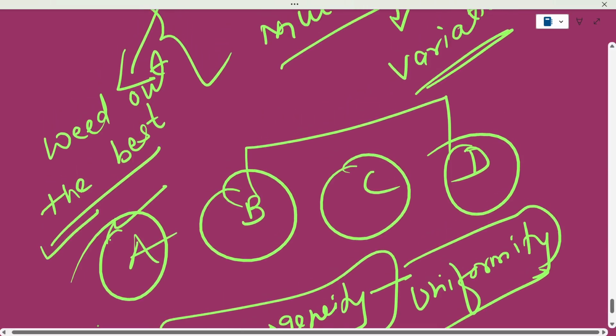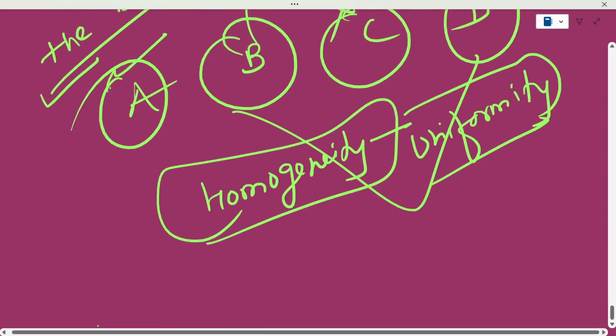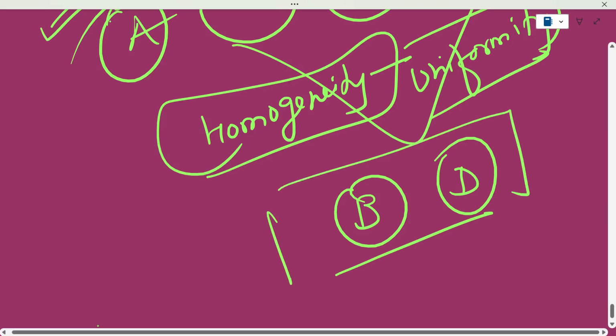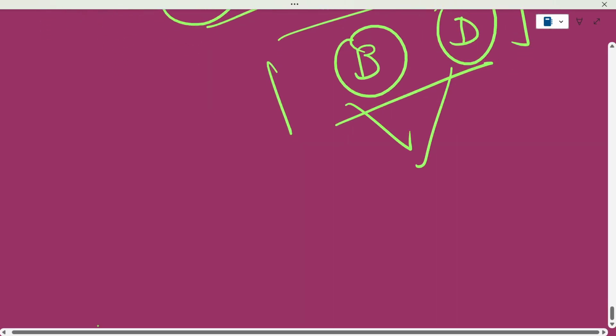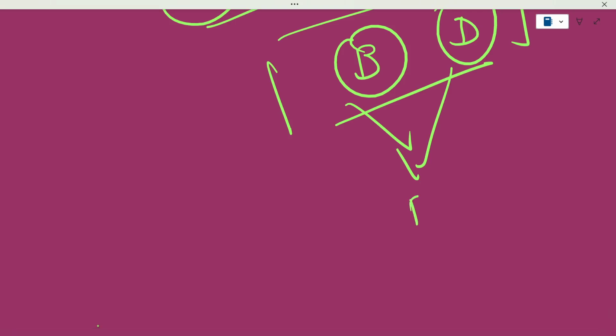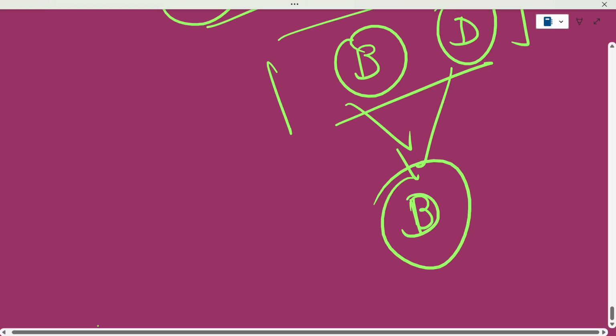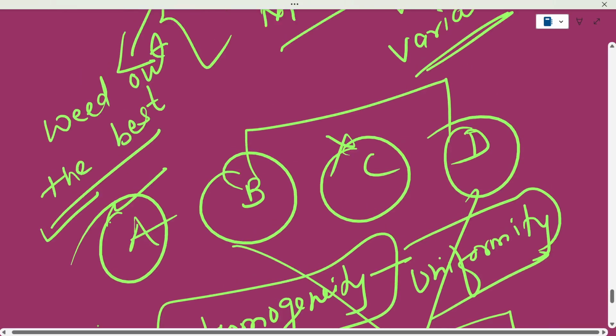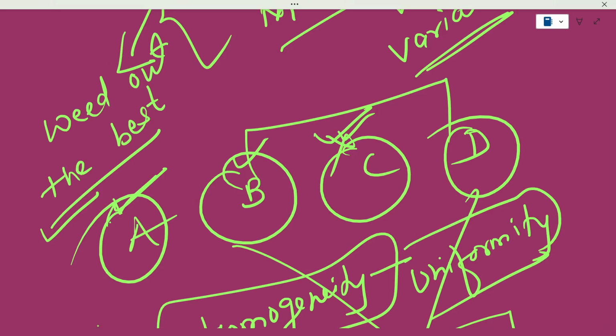फिर बचे 3, then the competition will ensue, and again C is not better enough, फिर क्या होगा? सिर्फ B और D बचे, then again natural selection will act, and in the competition that is likely to be followed, इन दोनों में से B or D, let's say D survives. So here all the variations have been eliminated. This is the way of natural selection.